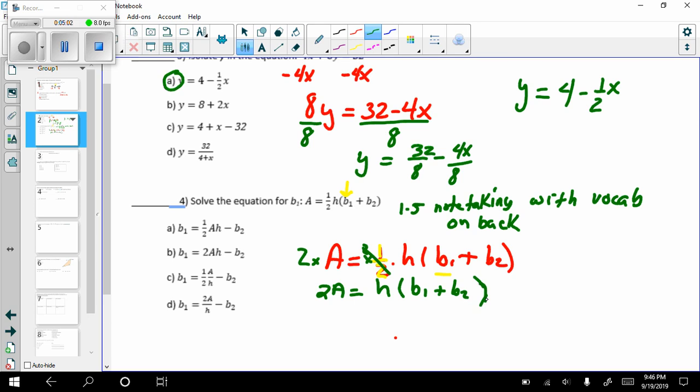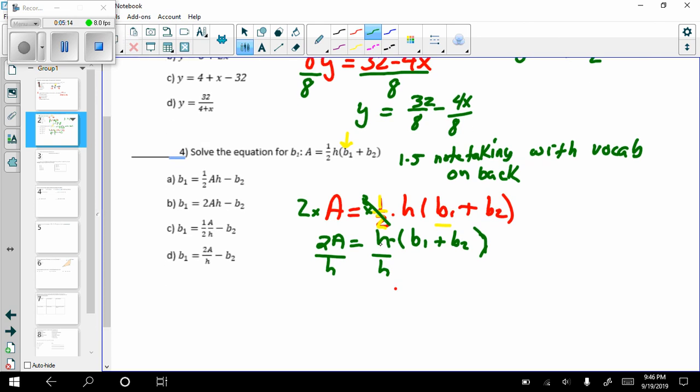Okay, the next thing is this is multiplication between the h and the set in the parentheses, b1 plus b2. So the inverse of multiplication is division. We're going to divide both sides by h. This ends up being 2a divided by h equals, and these cancel. And I end up with